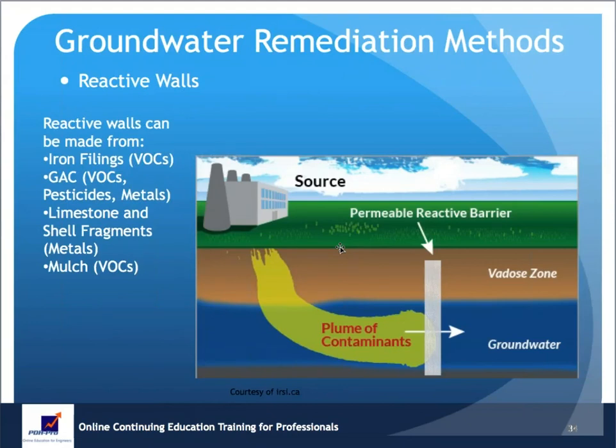Reactive walls. So my experience with reactive walls. I worked on a project for a town in eastern Massachusetts. My company, we actually, it was a competitive bid. We bid on it, but the bid was a bid for qualifications as opposed to costs. So, and this was back in the 90s. So we were able to get the contract, and the issue was there was a school in this town, and